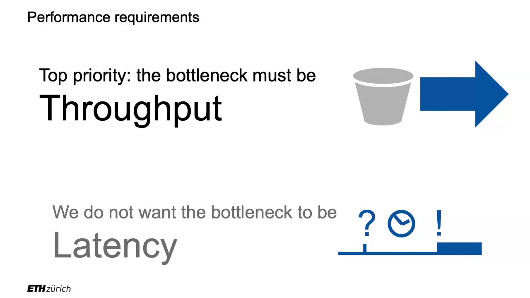In that case, the bottleneck that we want in a normal functioning system, a normal functioning distributed file system, is the throughput, right? We want to be limited by the throughput, not by the latency. And again, the casual way of putting it, we just want the bits to flow around, being sent back and forth. To give you a visual of what it would mean if we were bound by latency instead,